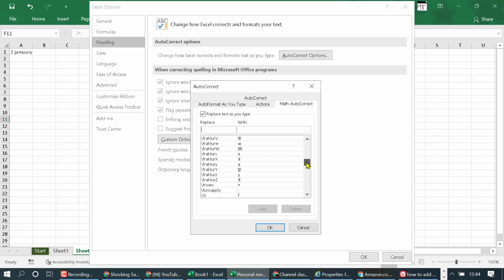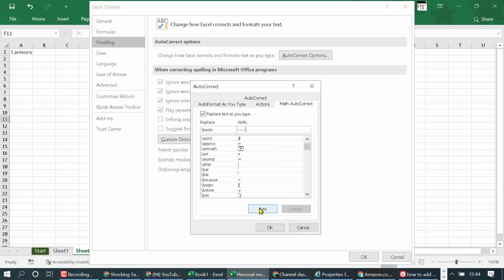So we add before. Now we try another one. Besto, and you add this one